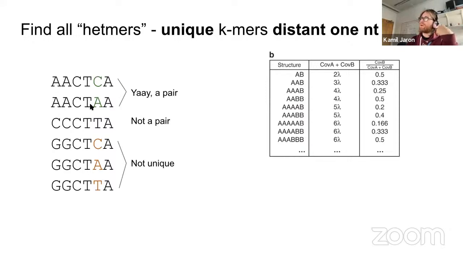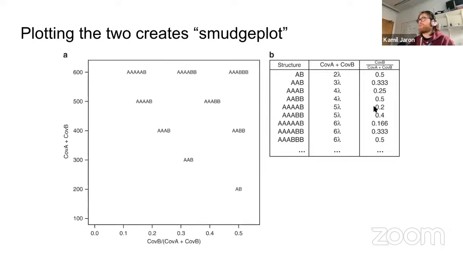And if you take all those k-mer pairs and do a simple transformation of summing their coverages and looking at the relative coverage of the one that has smaller coverage, which we always try to label B, they will project onto individual places in the 2D plane. So if you plot these two axes against each other, you will see that the pairs with different ploidies show up in different spaces within this plot. And this is what we call the smudges. There will be a smudge underneath AB, a smudge underneath AAB, a smudge underneath all of those labels. And the intensity of that smudge, or the relative intensities, will tell you something about your genome.